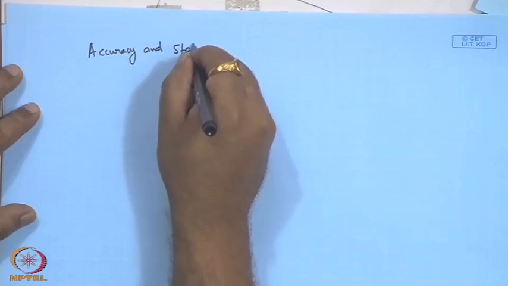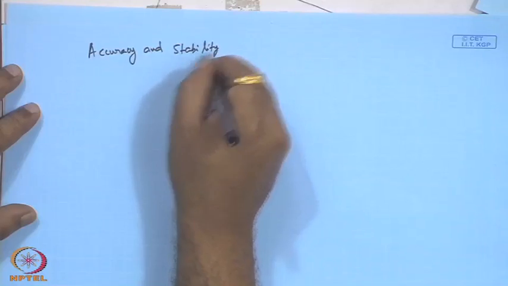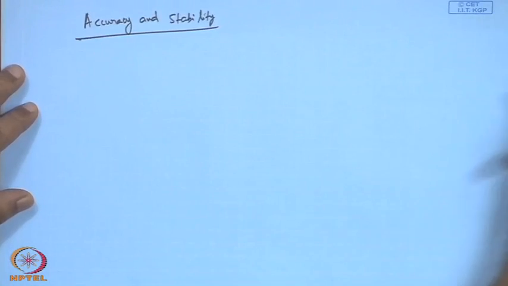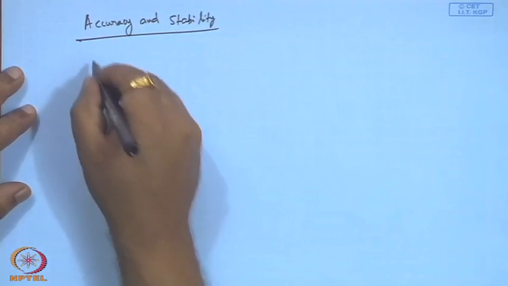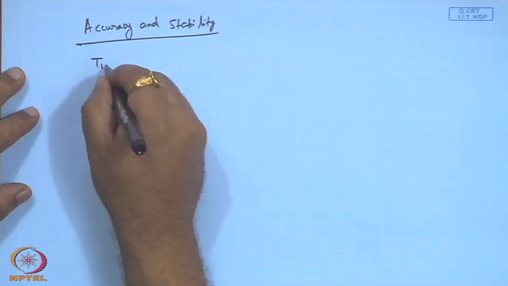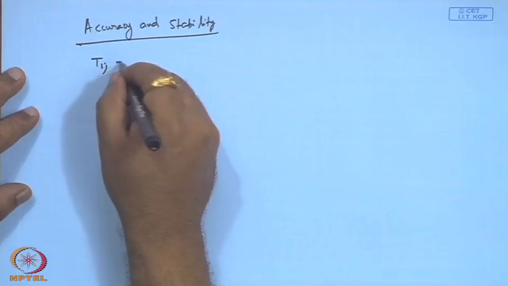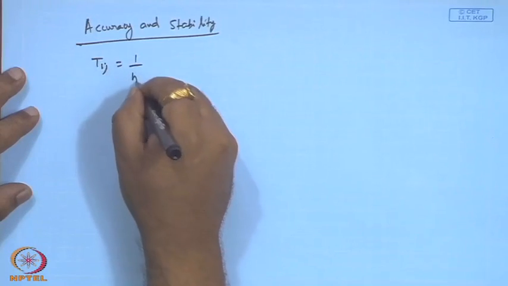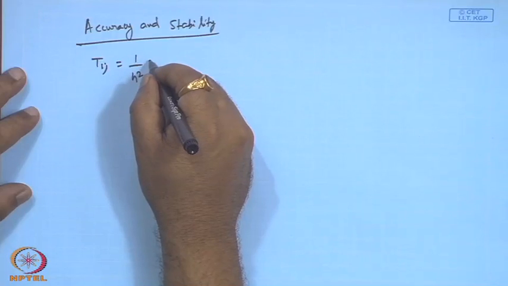Accuracy and stability. Okay. So, these standard 5-point methods are discretized and the error is of the form